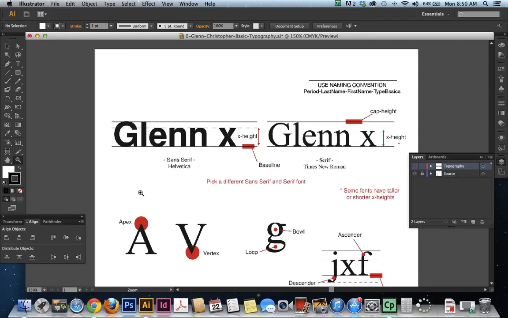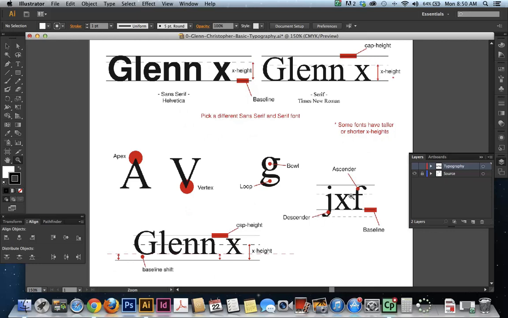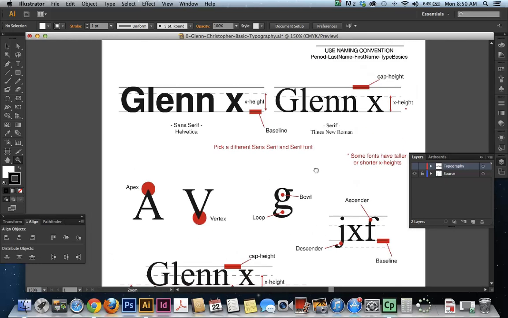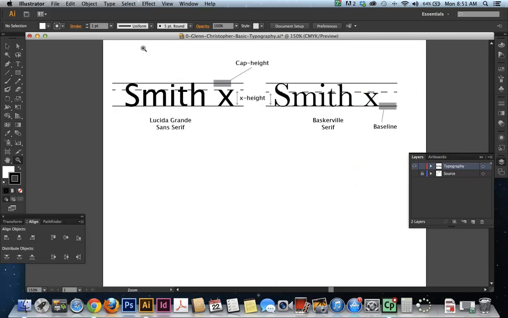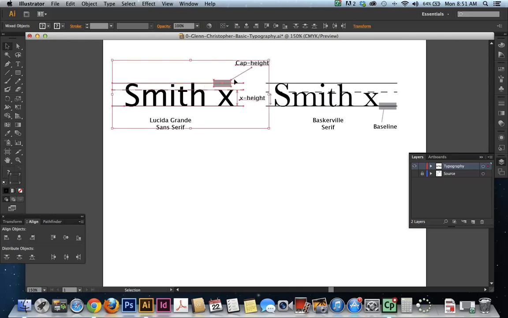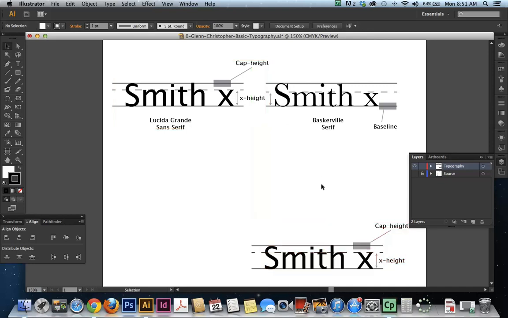So let's continue on. I want you to show an apex, a vertex, a loop, a bowl, a descender and an ascender. One of the things you could do is go to something that you've already done up here. You can take all this. I'm on the black arrow tool, and I will select all this, and I will just copy it. I'm just holding Alt, and then clicking and dragging to make a copy of it. I'll take these letters here,